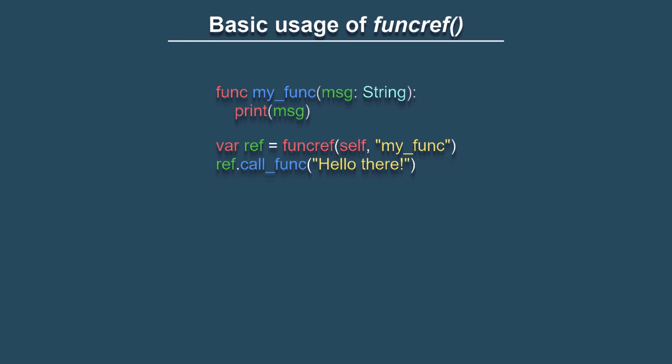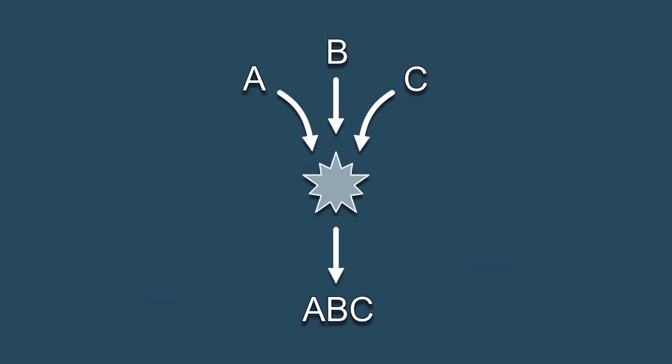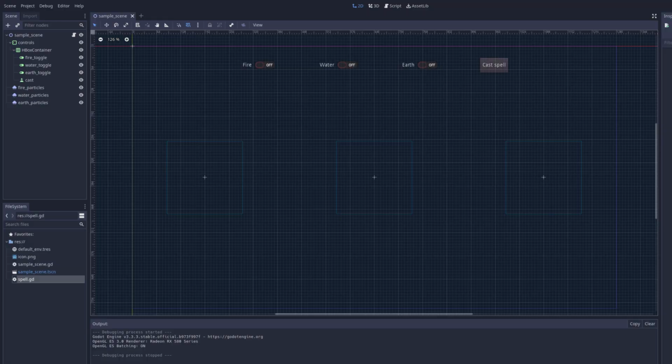As a brief example of this, let's build upon the spell casting system that I demonstrated earlier and build a spell crafting system, where the player can craft the spell from multiple elements and then cast it, getting the combined effects of their choices. The lone sample scene for today has a series of check buttons to toggle each element on and off so the player can choose what they want. It has a button to create and cast the spell, and then a few particle emitters representing each element so